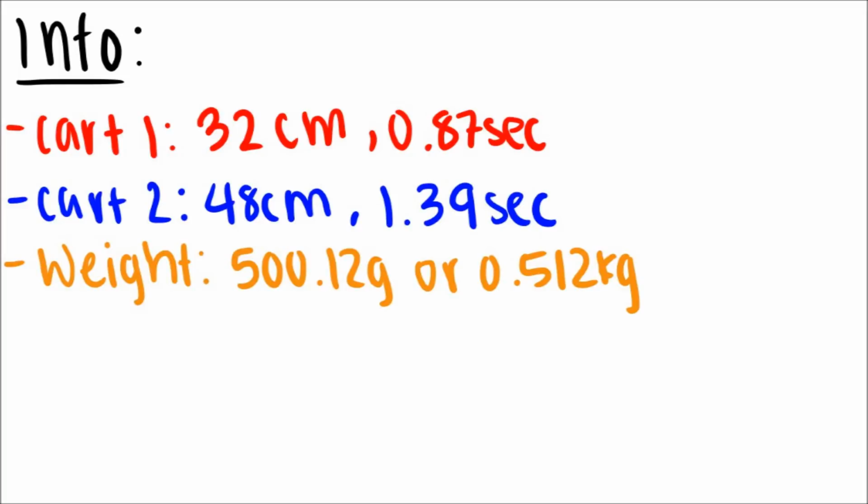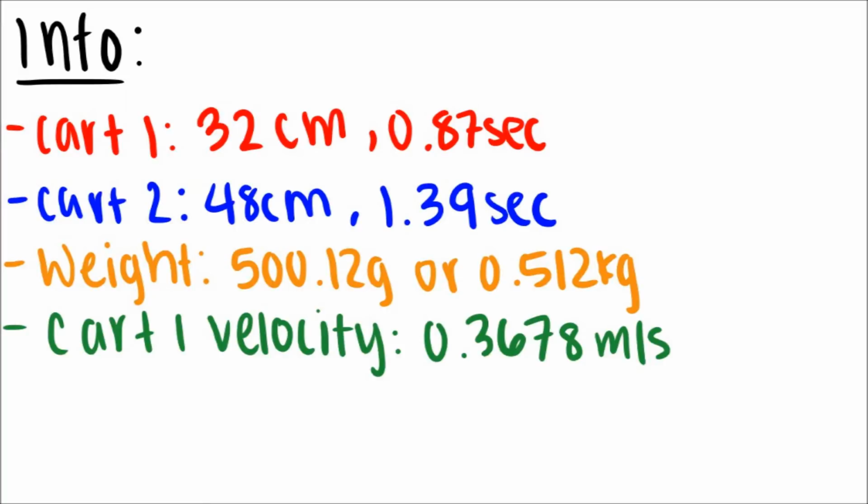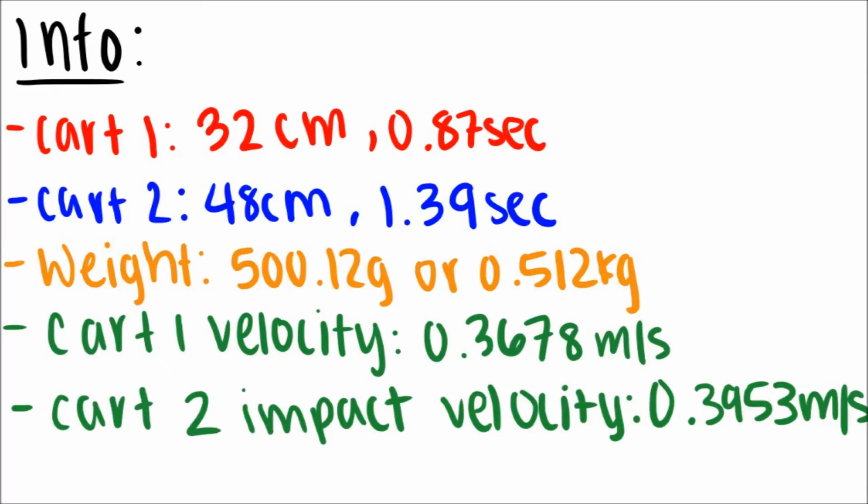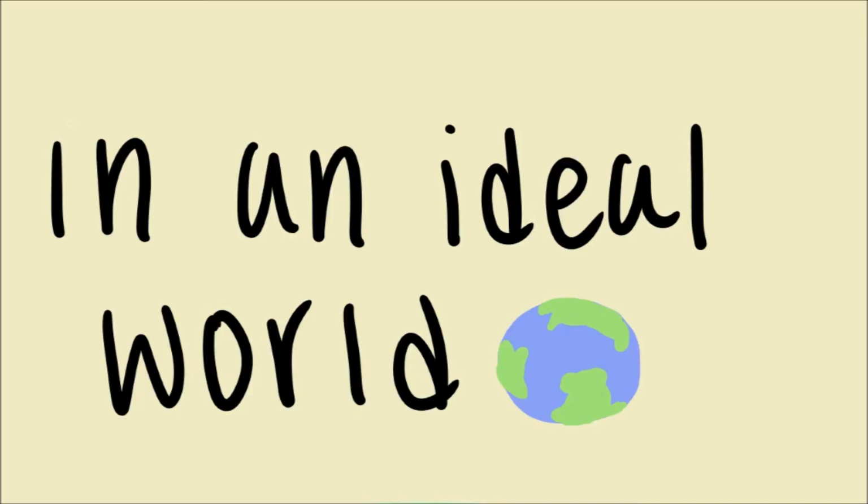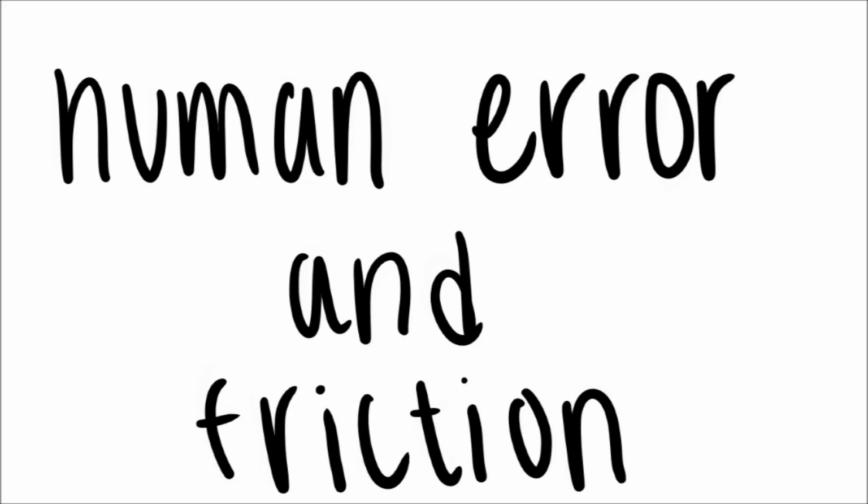Using the carts' displacements and their times, we can calculate their velocities. Cart 1 struck Cart 2 with the velocity of 0.3678 meters per second, and Cart 2 left the point of impact with a velocity of 0.3953 meters per second. Now it is important to note here, in an ideal world, Cart 2 would leave with the same velocity it was struck with, since these two carts have the exact same mass and it's an elastic collision. The only reason their velocities are slightly different is because of human error in measurement of their times, as well